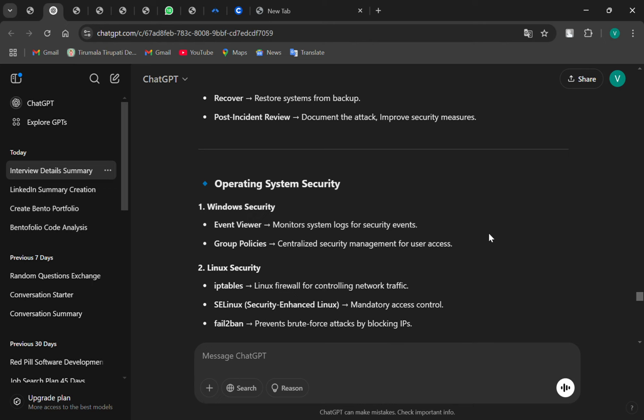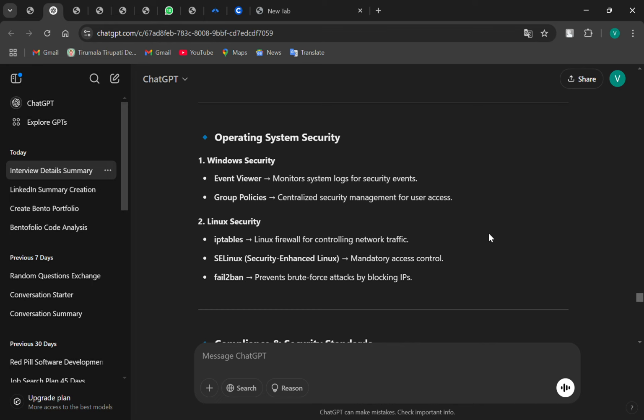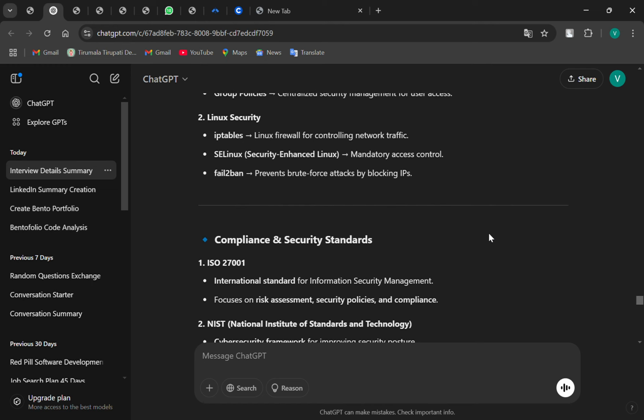Operating system security. Windows system: Event Viewer, monitoring the system log for security events; Group Policy, centralized system management for security. Linux system: iptables, Linux firewall to control the network traffic; SELinux, Security-Enhanced Linux, mandatory access control; Fail2ban, prevents brute force attacks by blocking IPs.